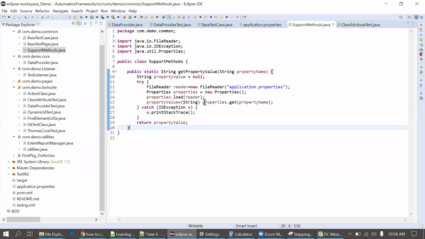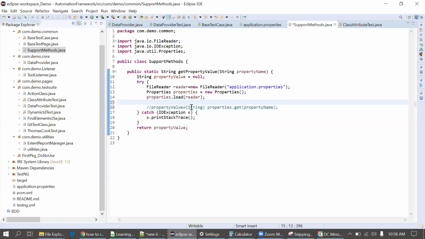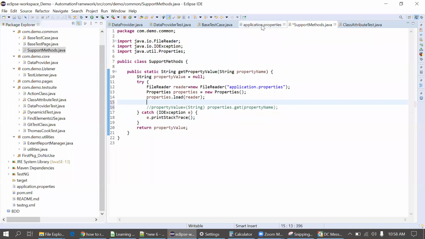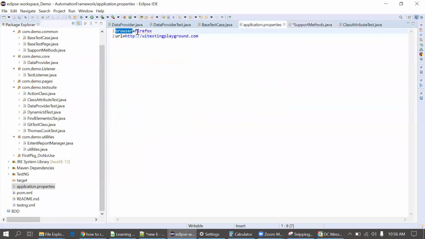When I want to read any value, I have to use this. I already said that it's a key value pair in the application properties. This is a key, this is a value. In a HashMap also we use get. If this is a HashMap, we use get browser, then we get this Firefox as output, right?